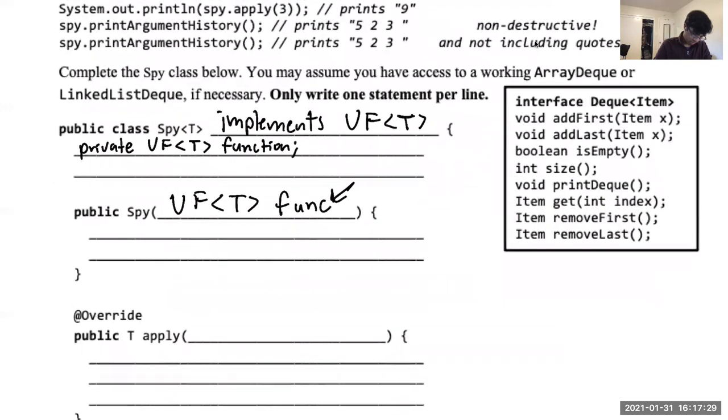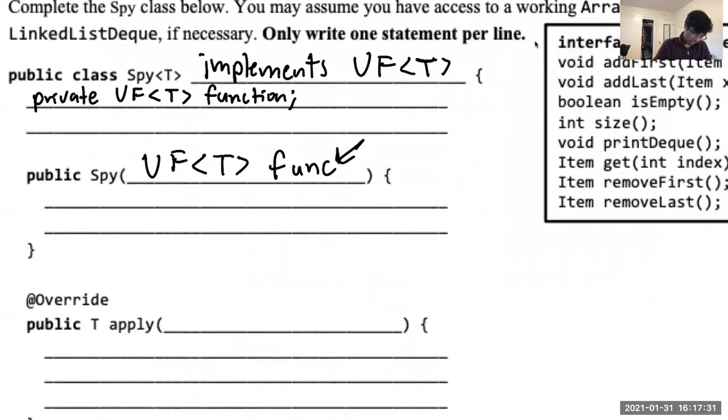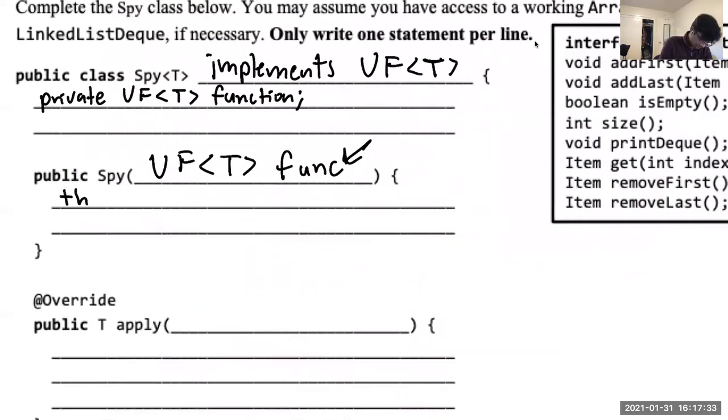And now with this instance variable, we can assign it right here. So we'll say this dot function equals func. Right. And so now that we've done that, we've basically stored the function that we've been given in an instance variable for future use. And we'll see what that future use is in a second. Then we'll leave these blanks open for now. We're going to need to fill something in there later, but for now, we'll leave them blank and we'll focus